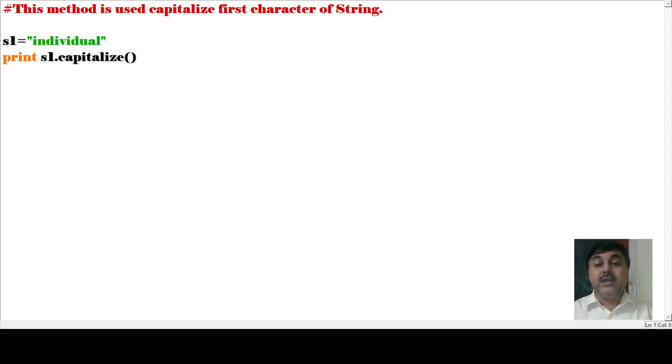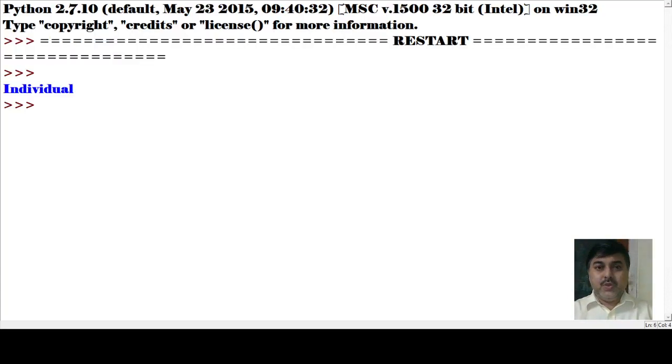Let us see what output we can get from here. See the output. What we have seen is that the first letter, which was a small letter, has been transformed into a capital letter. So this is what the particular program is doing. This is how the particular program is working.